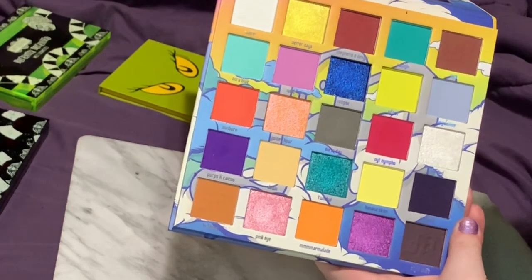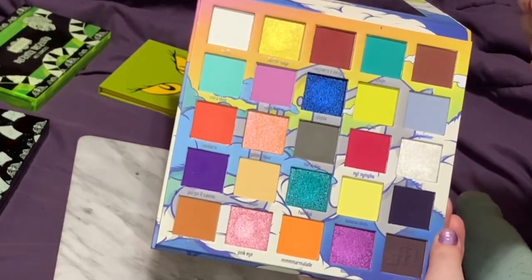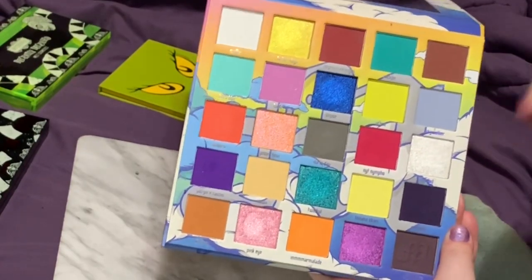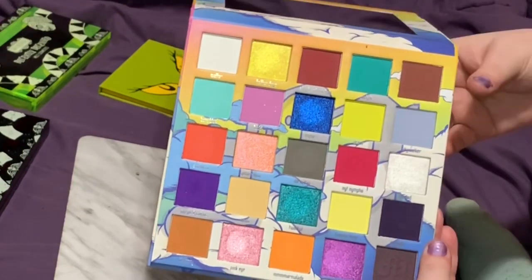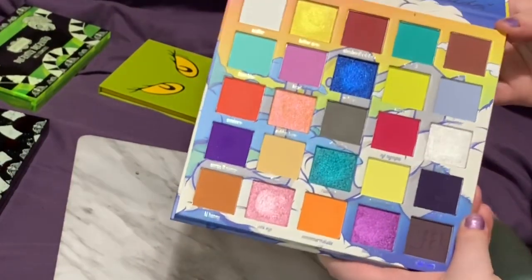When I used it, all the shadows were buttery, they blended really well, and they were pigmented, and I just love the color story. With the background, it is kind of messy, but I really like the color story, and I haven't had any issues with any of the shades. I'm so excited for this color story, which is why I was so bummed how long I had